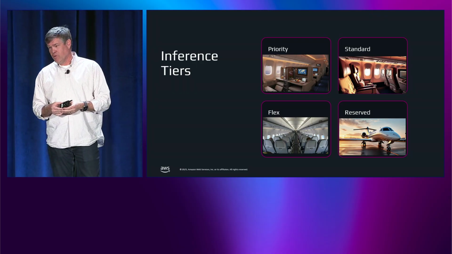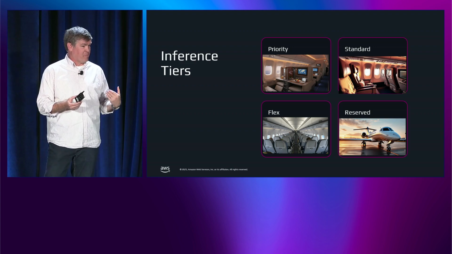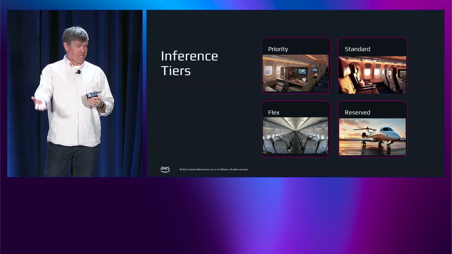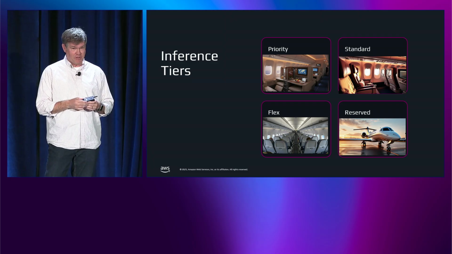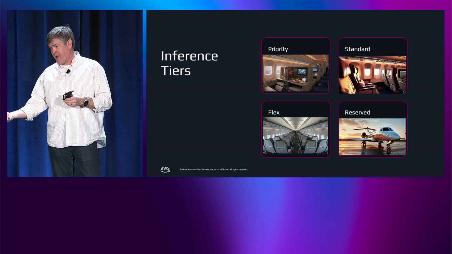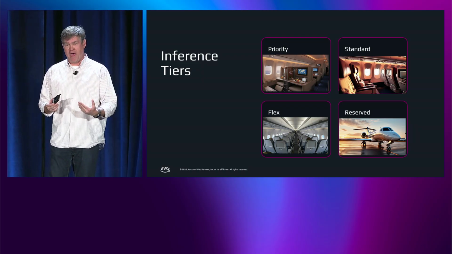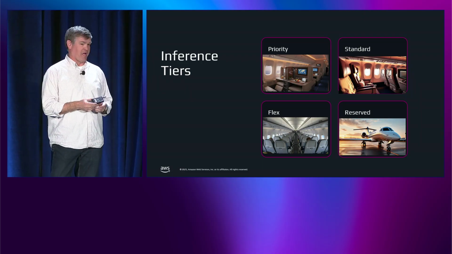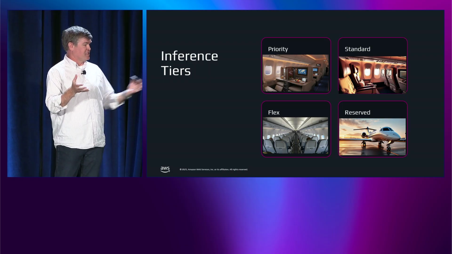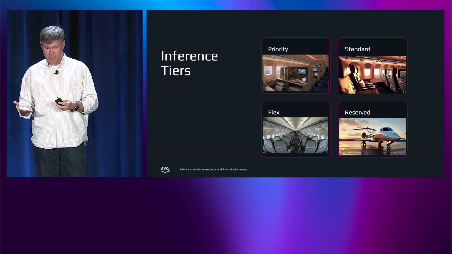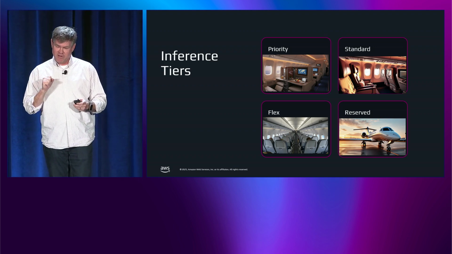Moving down to the second row, we have what we've called Flex. That would be equivalent to basic economy in the back. There are some trade-offs there. You get a discount on your tokens served, but it also takes the longest to fulfill those requests. And then finally, reserved capacity would be the equivalent of the private plane. There's dedicated capacity reserved on your behalf that allows you to use it at your leisure. Those are the four offerings that we have available, and the expansion that's been done in the last couple of weeks, if you've seen those announcements from the Bedrock team. Let me make sure I didn't miss anything here on the slides.